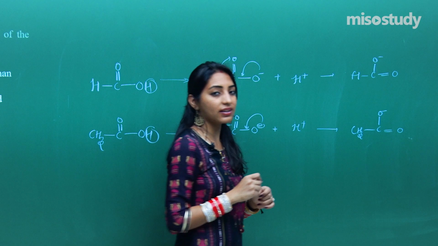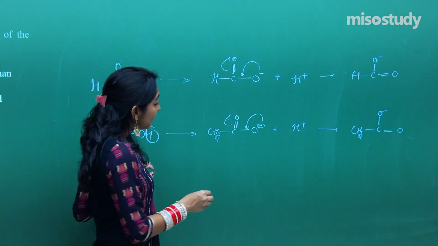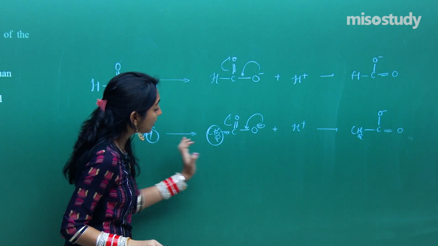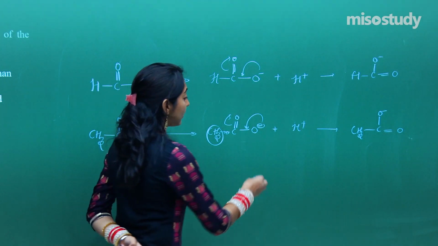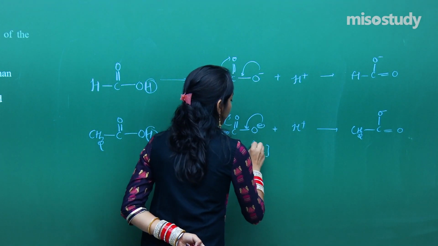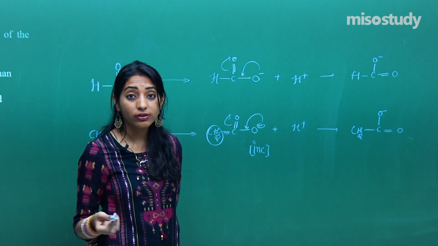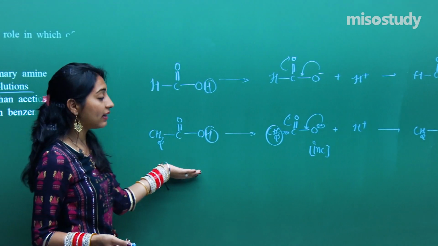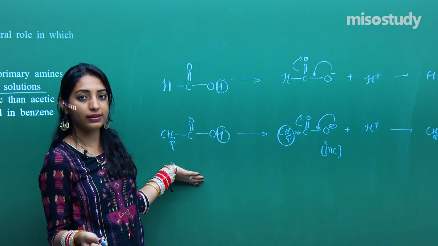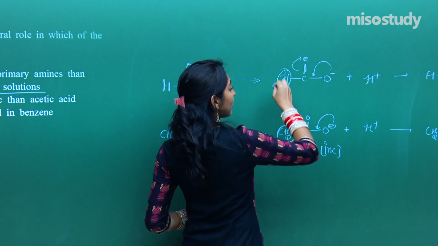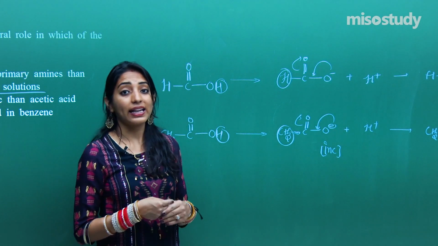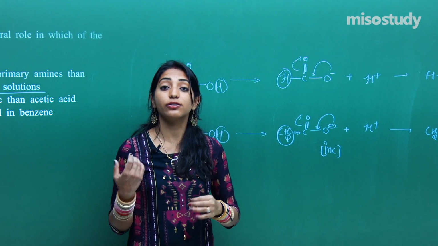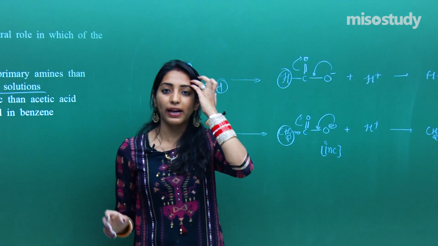So again, because of resonance, I won't be able to explain. But this CH3 group is actually an electron donor group. It is actually giving electron density to the oxygen minus and thereby increasing the negative charge on oxygen. And when the negative charge on oxygen increases, the whole molecule becomes unstable, and hence we say that acetic acid will not be that strong an acid. However, there is no such inductive effect produced because of hydrogen, and thus this complete molecule will be stable, and hence formic acid will be regarded as a stronger acid because it has more tendency to give up H plus.